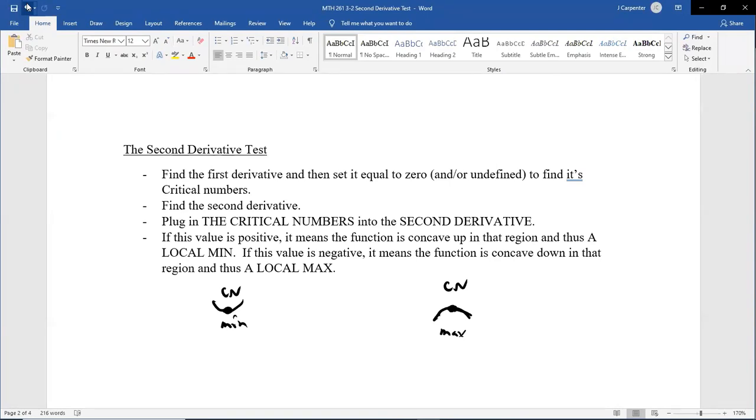Now, on an actual test, if the problem says to use the first derivative test, your work needs to show the first derivative test. If the problem says use the second derivative test, you get the idea, your work should show the second derivative test. If you get the answer right on a test, and then I go back and look at your work, and you don't follow the instructions they request,